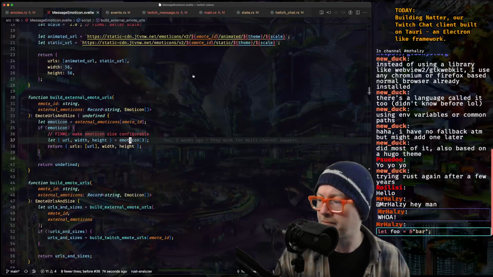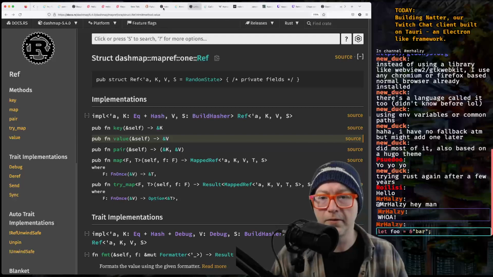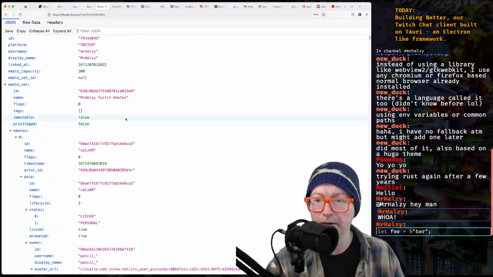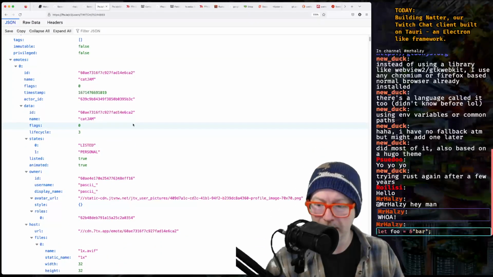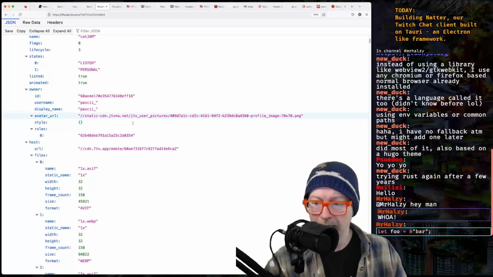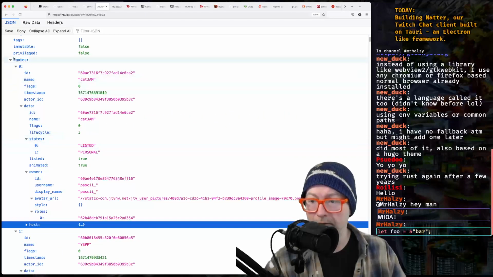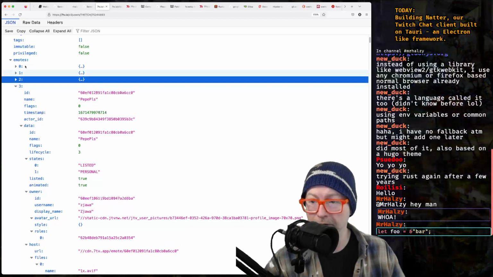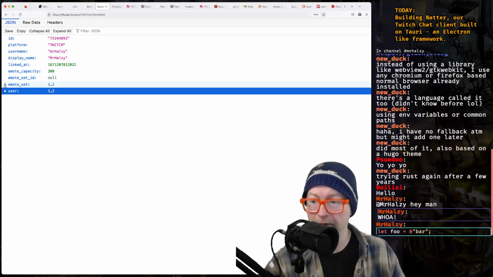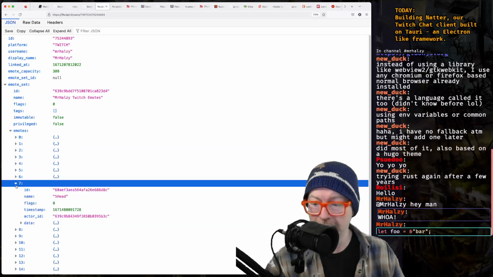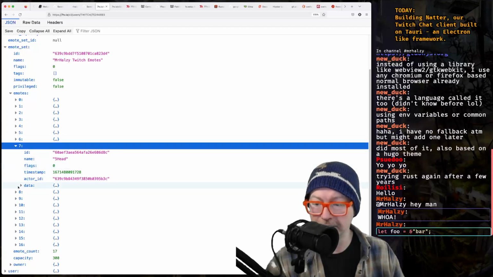Do we still have that page open? Here. So this is my channel emotes. Emotes 0, 1, 2, 3, right? So if we open these up, I have 16 emotes, or 17, it's 0 based. If we look at emote 7, whatever that is, 5 head.